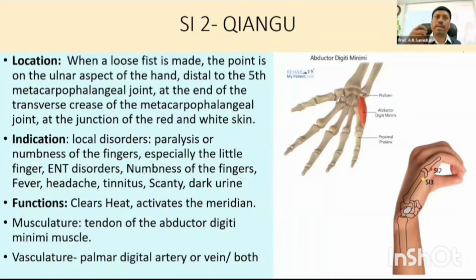There is a palmar artery. The palmar vein will support this particular region. When the palmar artery is unable to supply blood to the finger, it causes some kind of pain, some kind of inflammation. Sometimes it causes what is known as trigger finger. Once you do like this, it is unable to open voluntarily, but you have to do it mechanically. Oh no, I have the pain, that indicates there is a trigger finger.